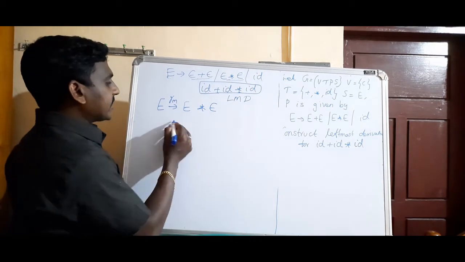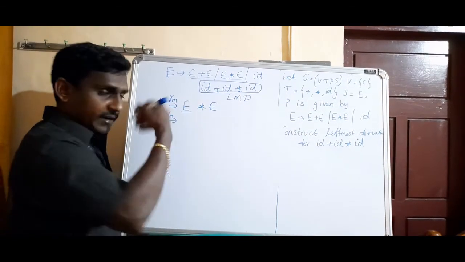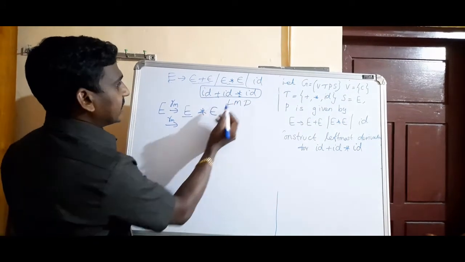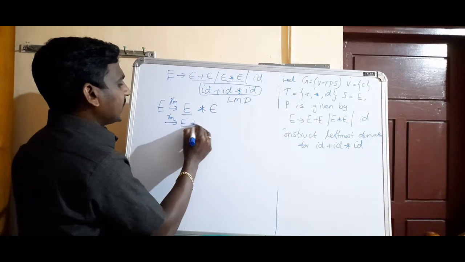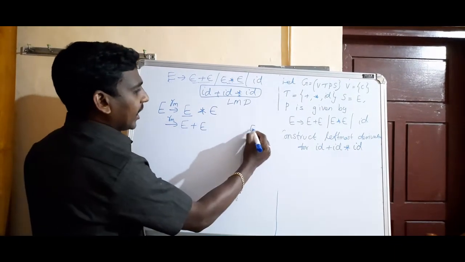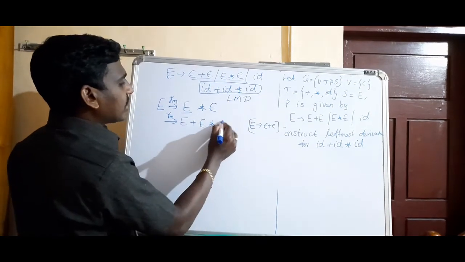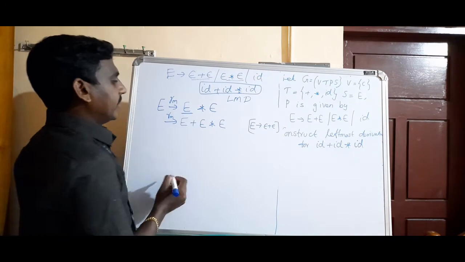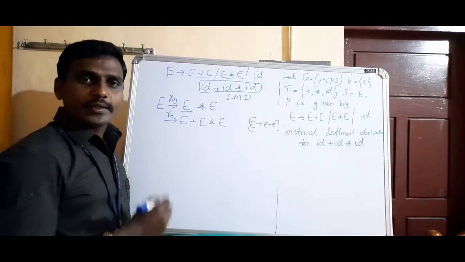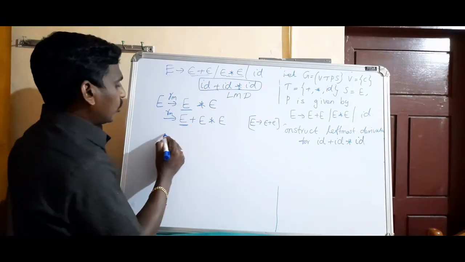Since I am going for rightmost derivation, I have to expand this rightmost variable. First this, see star I got. So if I expand, I can use plus. So E plus E, for this E, I am going to apply E plus E. Clear? And here I have star and E. So this one I have applied. Again which variable do I want to apply? The rightmost variable. So this variable I want to apply.